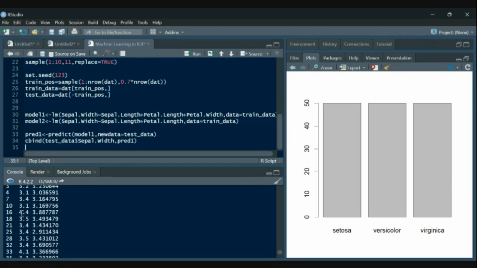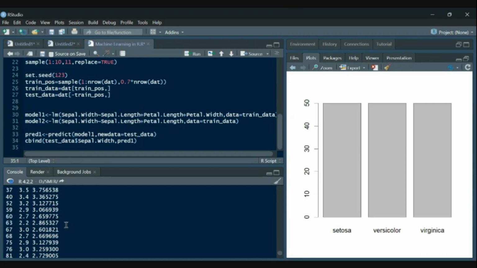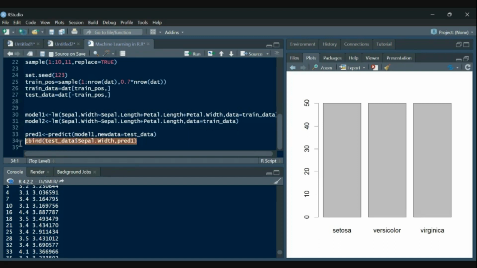See, 4.4 is predicted as 3.88, 4.1 is 3.3, 3.0 is 2.6, and so on. Can you see the difference? Just create this one and check in your own laptops or desktops.